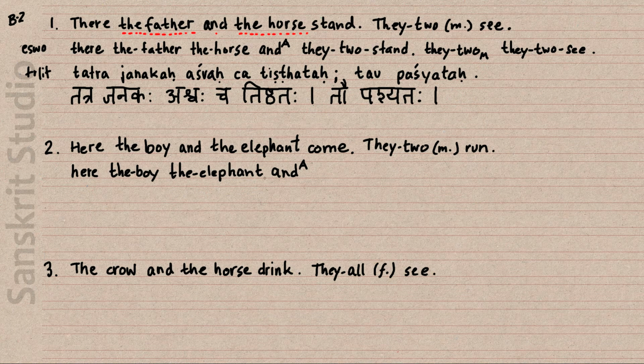And in the similar case here, we have one boy in third person, and we have one elephant in third person, so it becomes third person. It will be "they," and the boy is one and the elephant is one, so they will be two, so it's "they two"